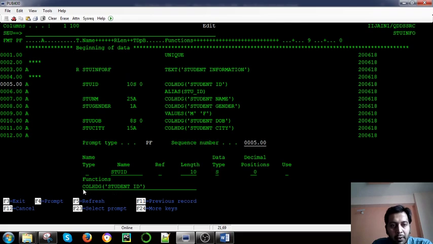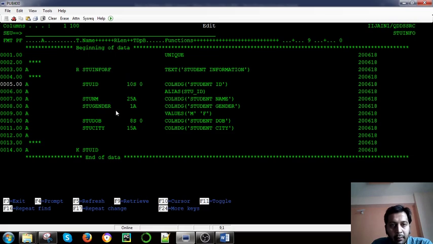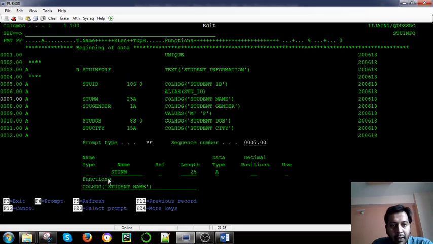Here we have used a function column. This is again a different keyword, so we will discuss in the next session what is meant by this. Okay, and let's see the one character one. Here we can use F4 again. In F4 we have declared the name of the field, and then the length of the field is 25.